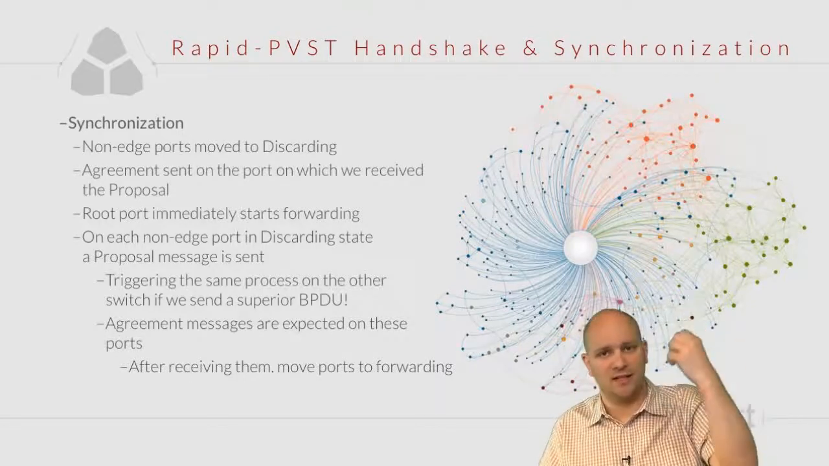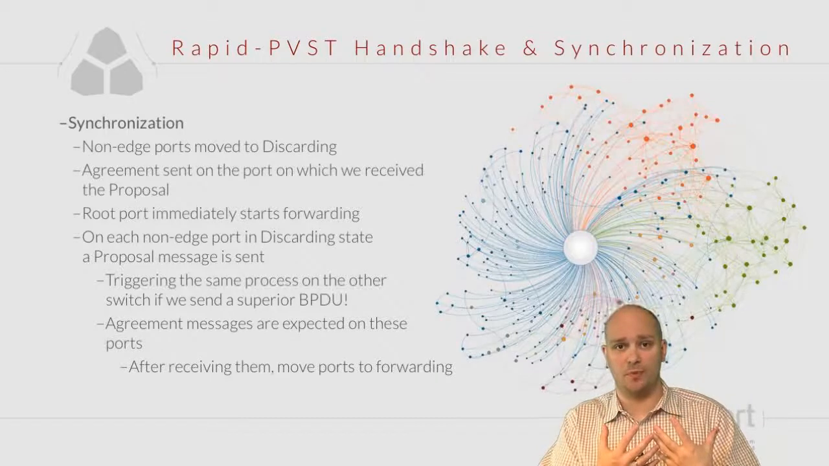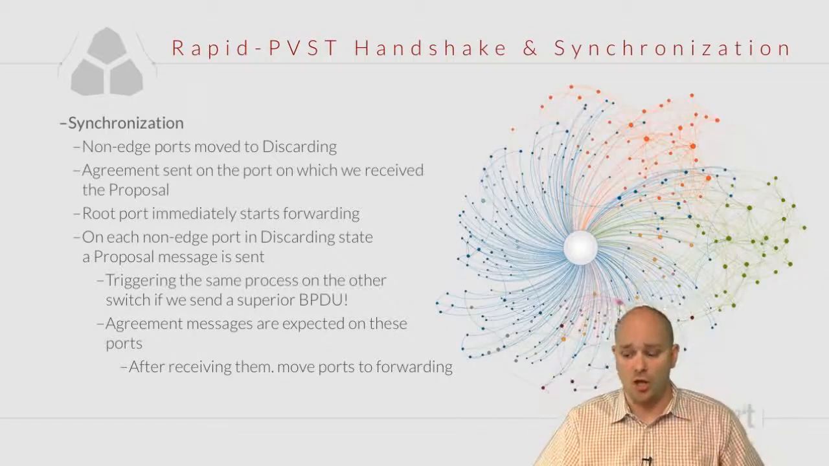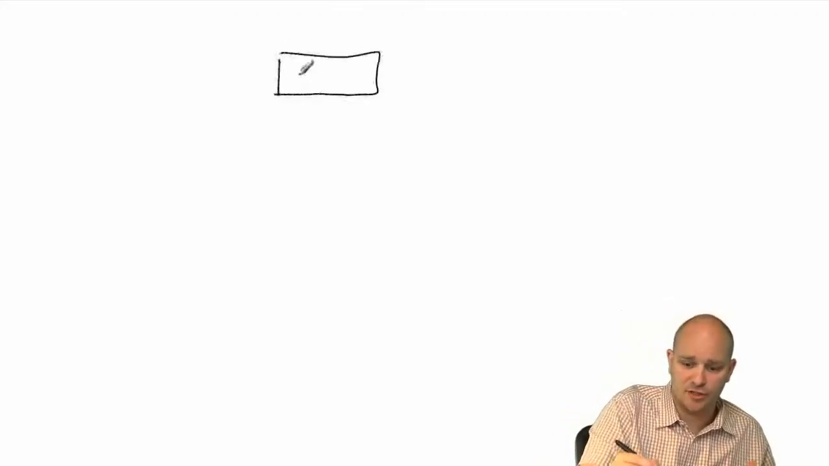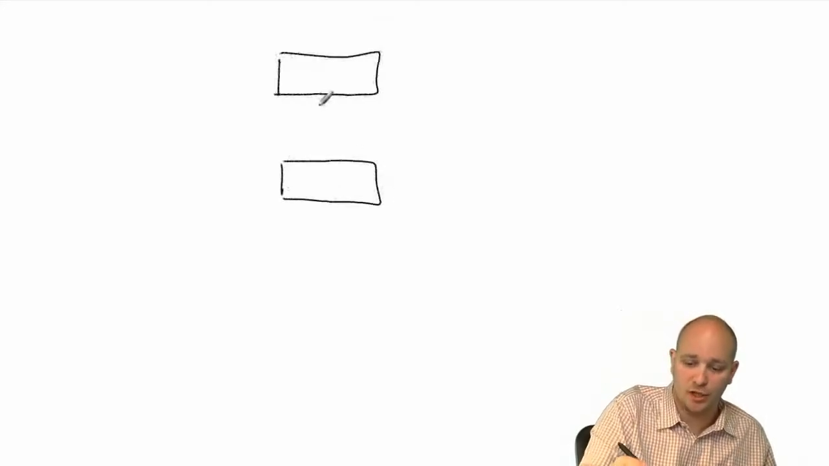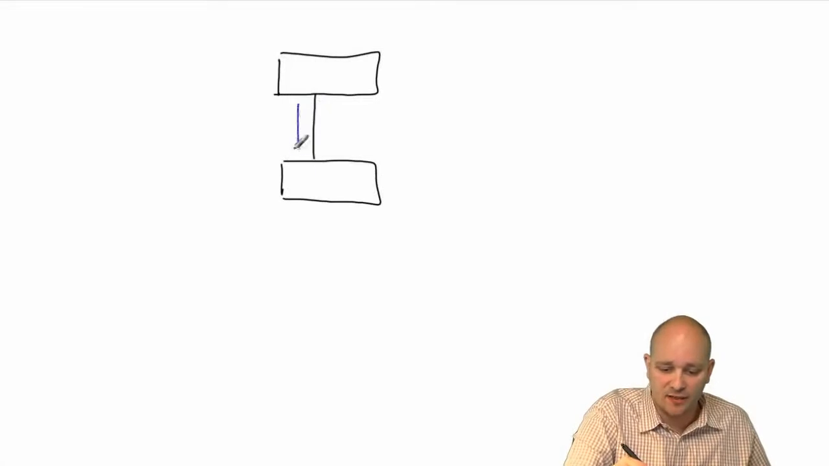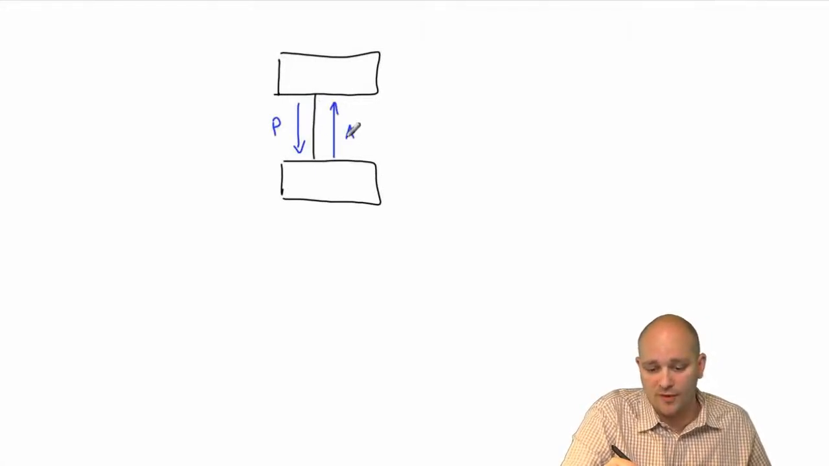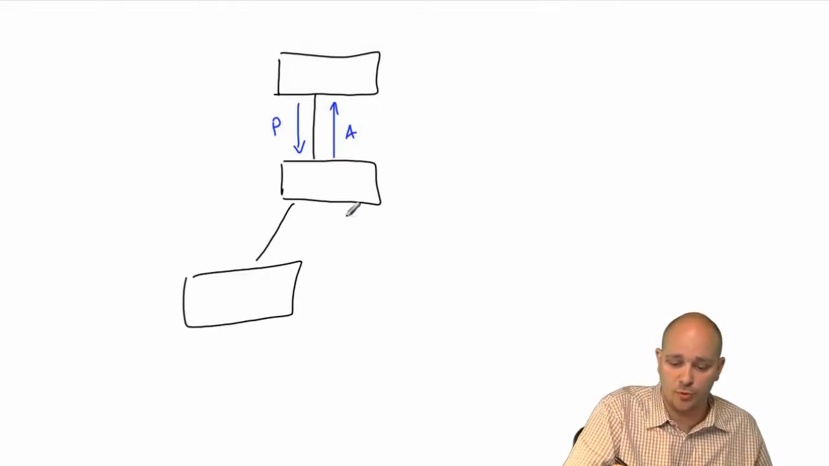The switch sent out the proposal, and this switch here is now agreeing to this proposal and is sending its own proposals out. Let me show you this on the whiteboard. What we have here is the first switch and our second switch. This was the link on which we initially received the proposal message. Now we are agreeing on this port here, but imagine that we had other ports here that other switches may